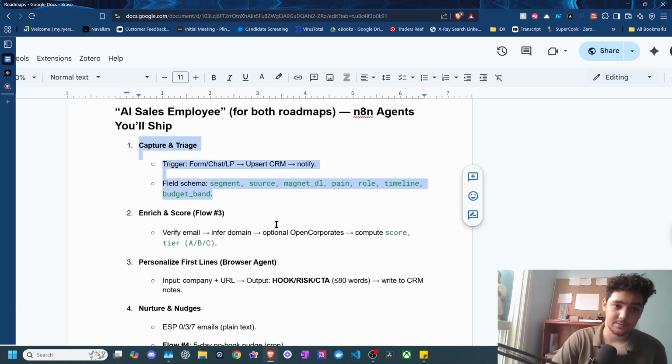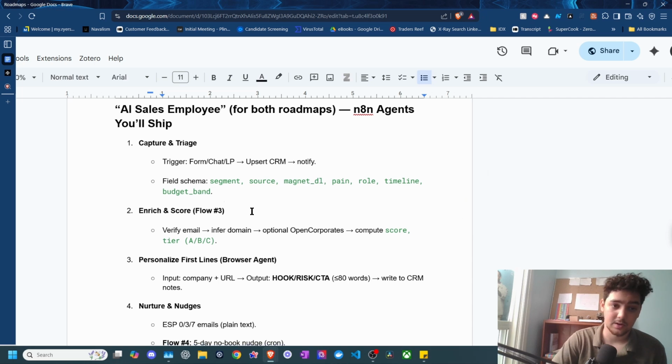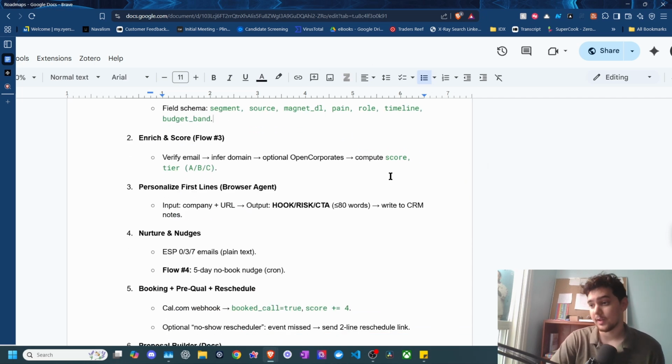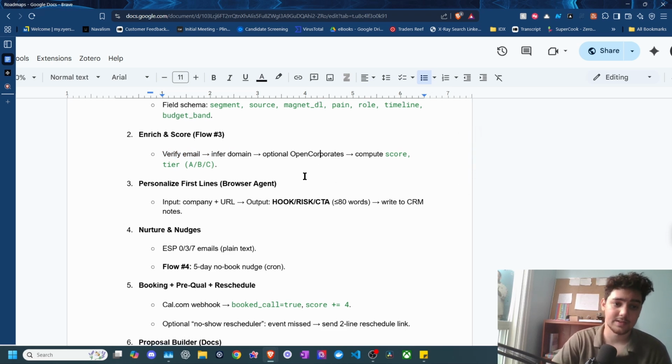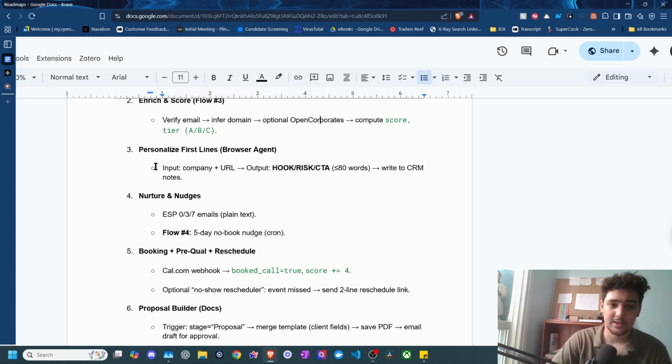For a lot of companies, they do this manually over phone call after phone call. What we're aiming to do here is showcase how you can do that with AI, specifically with questionnaires or funnel design, things like that. The next piece is being able to score it and enrich it. Based on the propensity of that deal moving forward relative to the business, I can then run it through the token-intensive verification process. So check the email, figure out anything else I need relevant to them, and then personalize that.